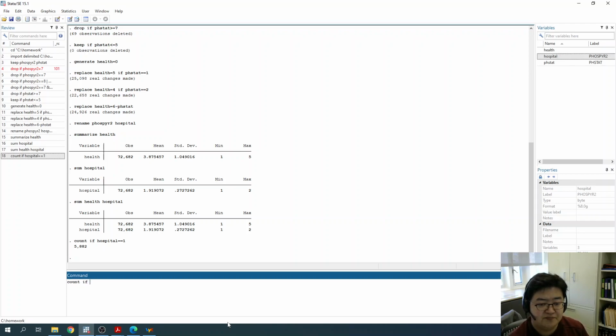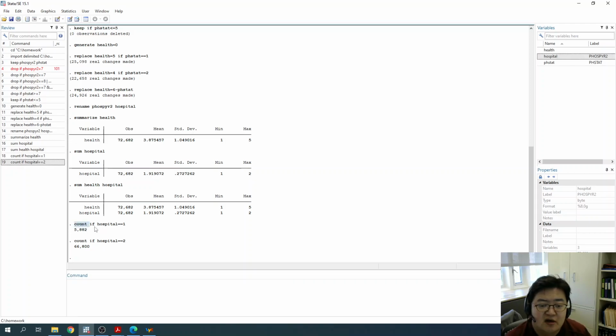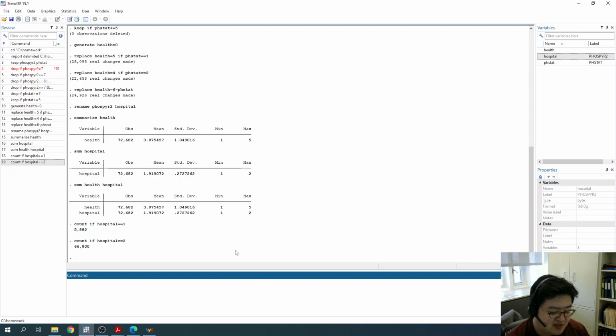Similarly, you may ask how many people were not hospitalized? 66,000, right? So count shows you the number of a certain variable, and actually there is a simpler way to do this. Tabulate. Tabulate is to make a table. So now a hospital is a simple variable. There are only two values. So count is enough. But if you want to study what's going on with health, you may want to